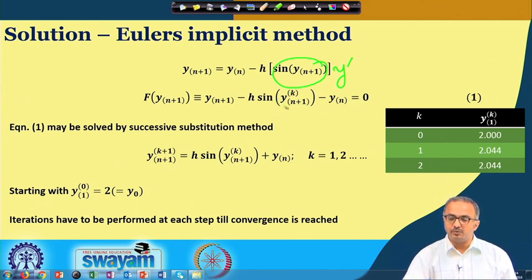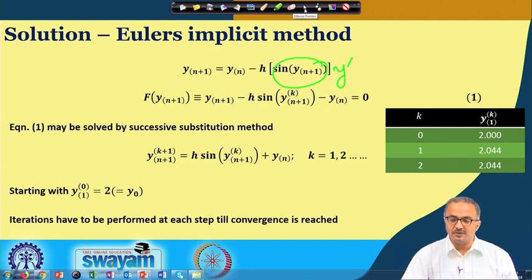Now once you put this value, you find that on both the sides you have y n plus 1, and this gives rise to a situation where you cannot have the y n plus 1 in a straightforward manner. And here again you see that this is a nonlinear equation, and for a nonlinear equation you should adopt some nonlinear technique of solution, as I have described in the earlier lecture. You can use secant method, regula falsi, bisection, Newton-Raphson. So, all these methods may be used to find out the roots of this equation.